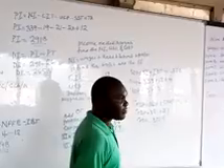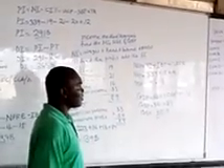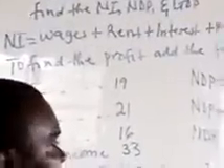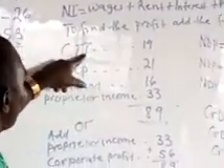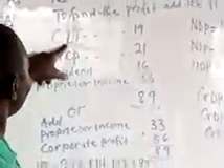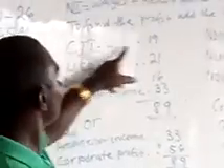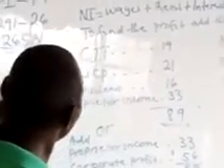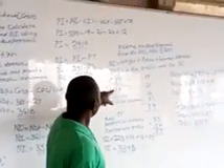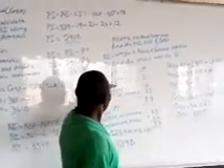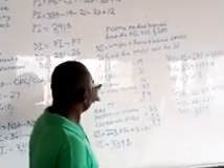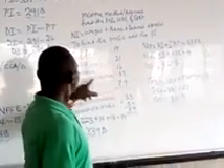You will look on the table, you cannot find profit on the table. So you will have to look for profit before you can start working the problem. So to find the profit, you add the following. CIT, corporate income tax, is 19, plus UCP, undistributed corporate profit, is 21,